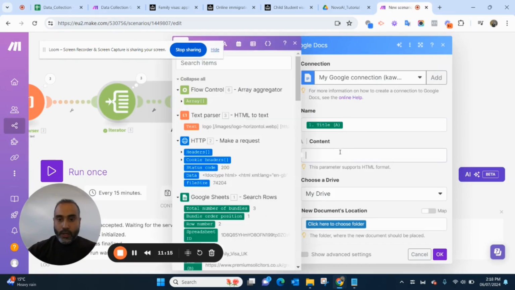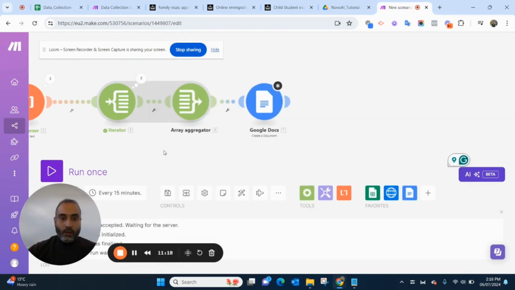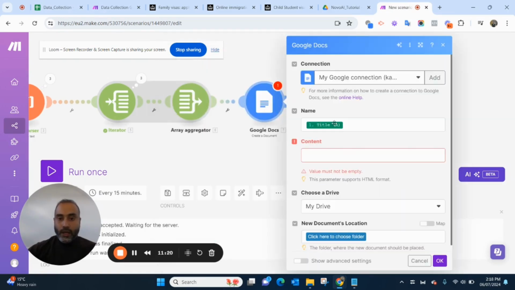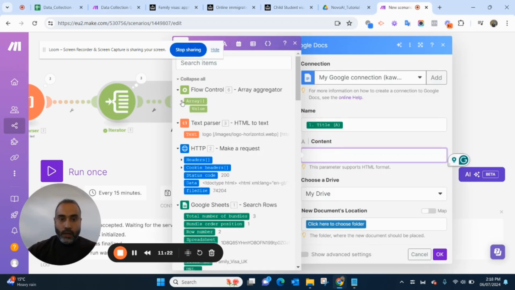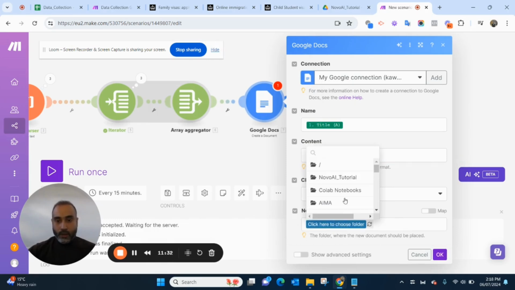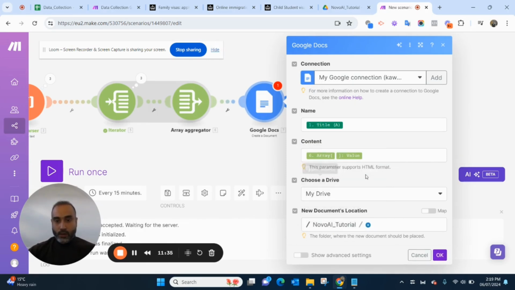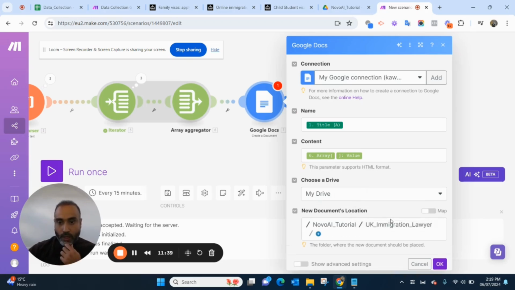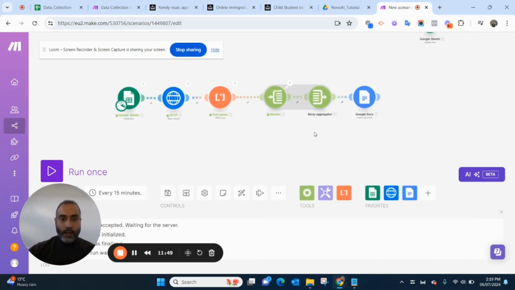And for the content, what do you need? From the array aggregator module, we just go there to array, and we put the values there. All right. Now it is asking where to save this file. So let's choose the destination. It is in the Google Drive. So I am putting Naboya tutorial. Under Naboya tutorial, I think I have another folder. Okay, UK immigration lawyer. So this is where it's going to save these 3 different files that it will create now. All right, we press OK, and as usual, we save it again,